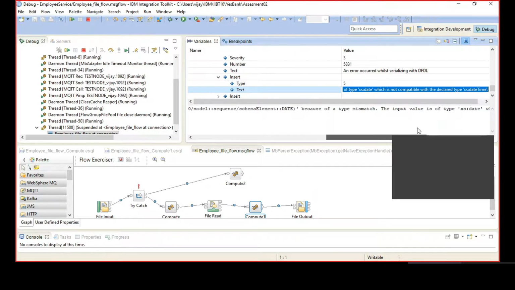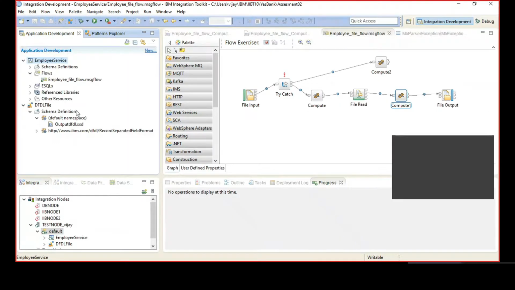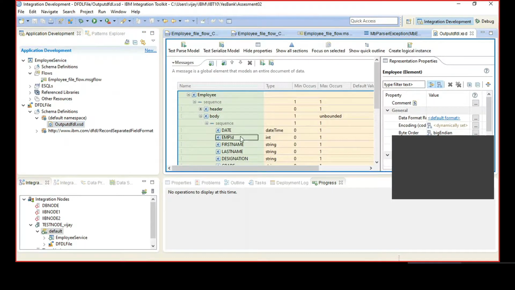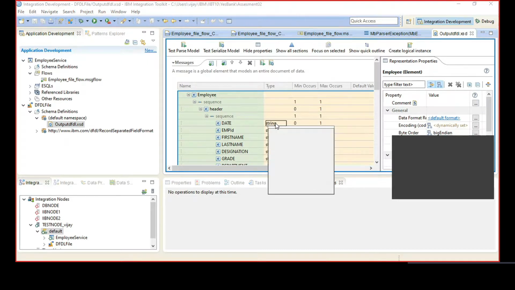So you set a string value to a type which has a date value in it. I put actually date time, if I remember it right. XSD date is not compatible with something. So it is telling you that what you have defined in the XSD is not matching with the value that you have set in ESQL.